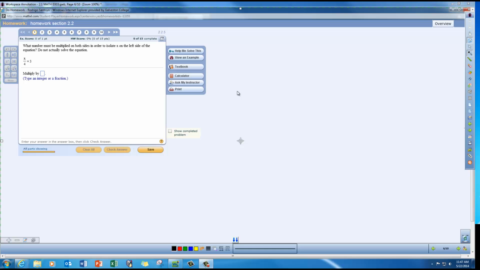Okay, so now we're looking at 2.2, which is using the multiplication property. Solving equations using the multiplication property. One thing that I want you to understand is with 2.2, you can either solve by using the multiplication or division. And I strongly encourage you to use the multiplication property when you have fractions,